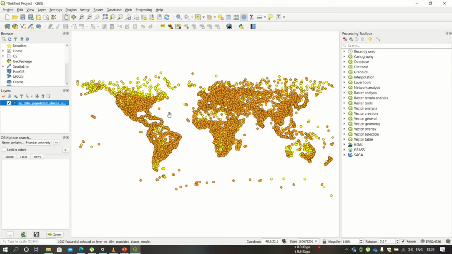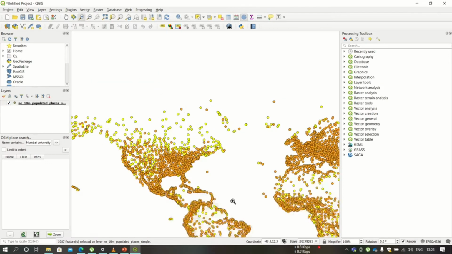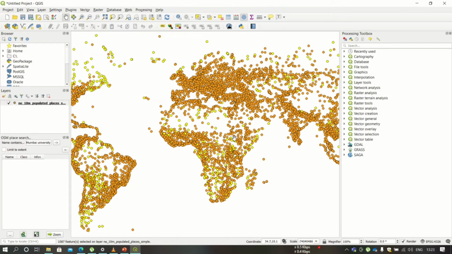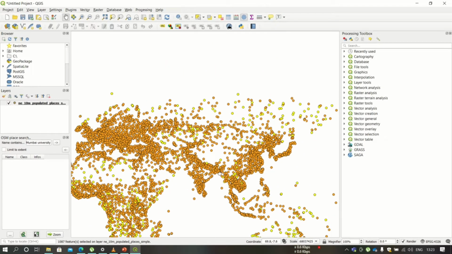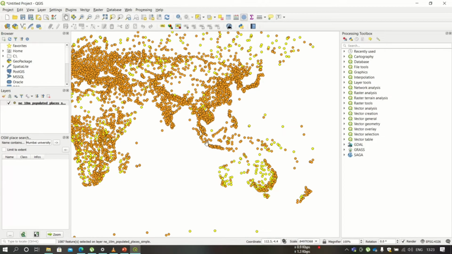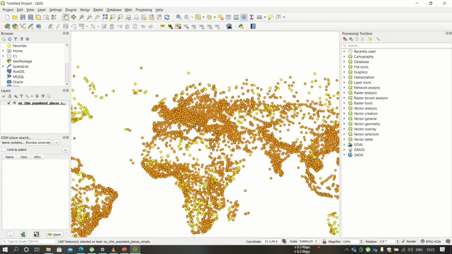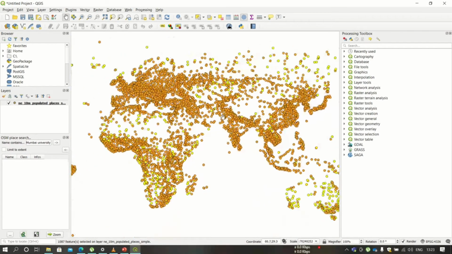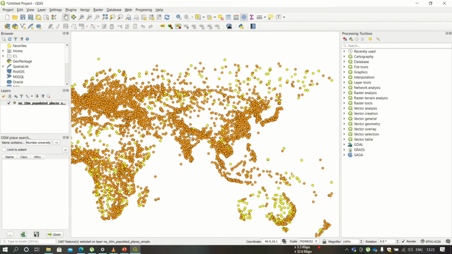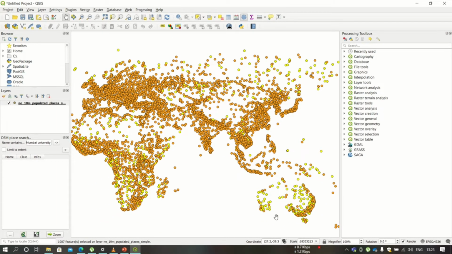So here also you can see these yellow color dots are representing our selection. You can zoom this layer or you can pan this layer to get the appropriate view. The places matching the criteria will appear in different color. Here it is appearing with yellow color.